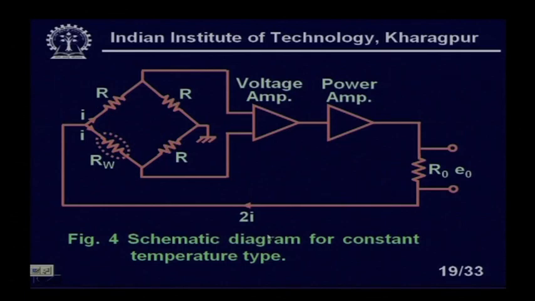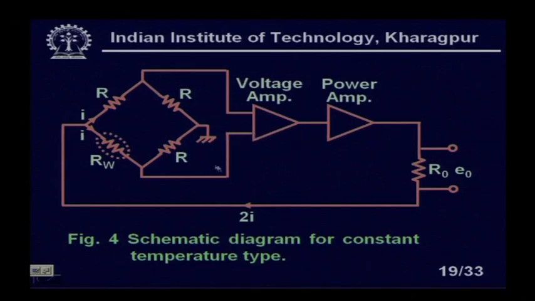Now, you see what will happen if there is an unbalance, suppose due to resistance change. Initially it is balanced, there is no output voltage, no error voltage, okay. But some steady state current will flow through this resistance. Now, what will happen if there is a change,